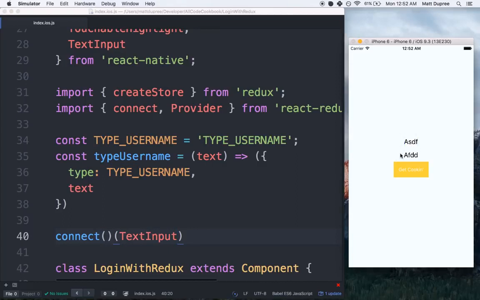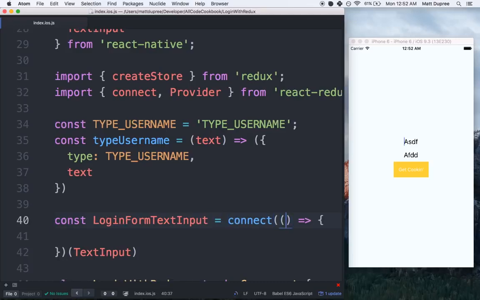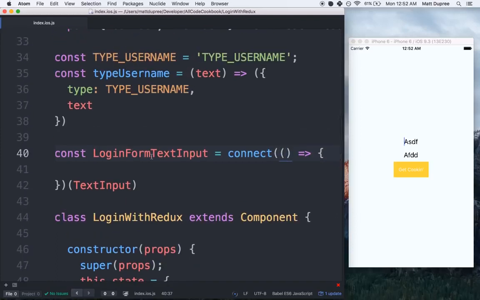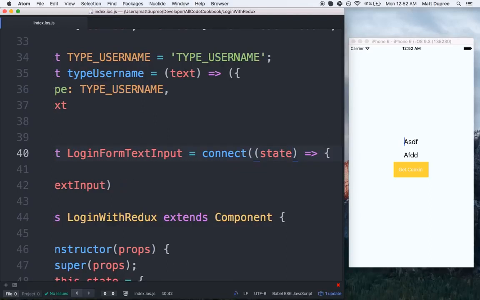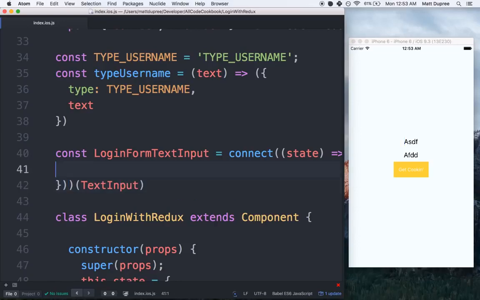We want this to be contained in a container component so that it's smart about updates that are coming from the Redux store. And in order for this container component to act as an intermediary, we need to give it a function. Let's actually give a name for this container component. We'll call it login form text input. And the first parameter of this connect function is actually a function that maps from the state object that we define down here to the properties on the contained component that we want to update as a result of changes in the state. And so this function takes a state and it returns an object that's used to set the